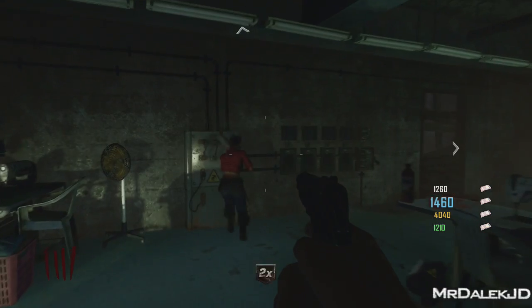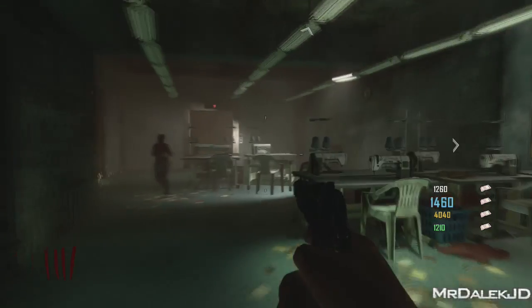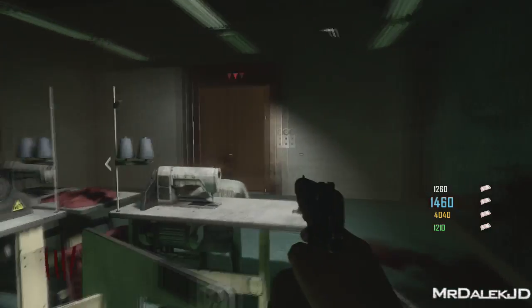Alright, so the second step after that is of course turning on the power. And if you play as Samuel, which I'm going to show you in this video, you'll be able to hear Richtofen speak to you for the first time, and he'll say: